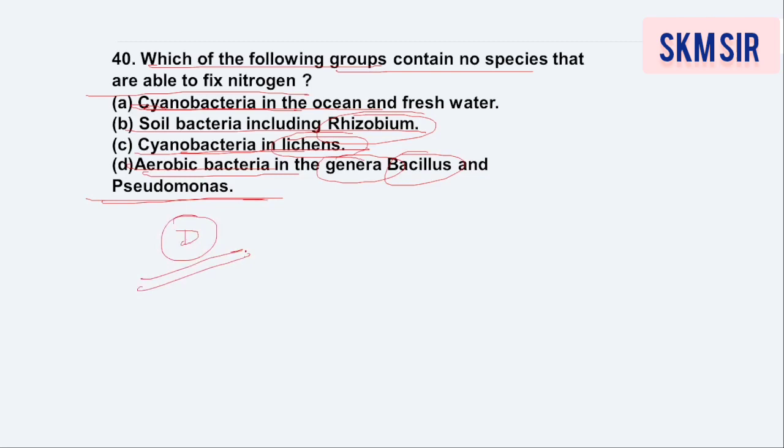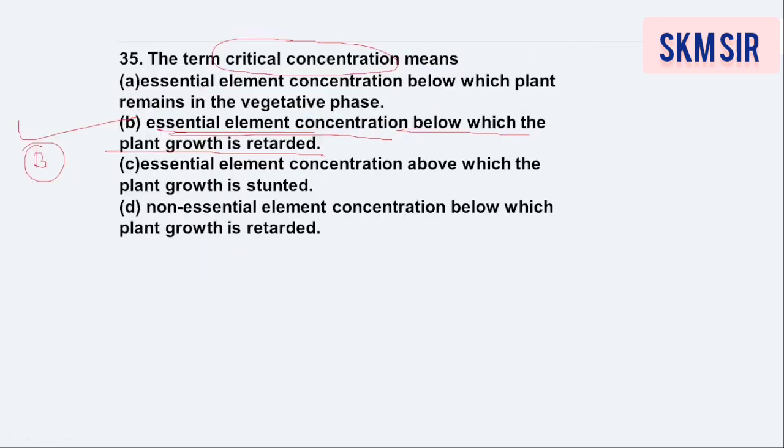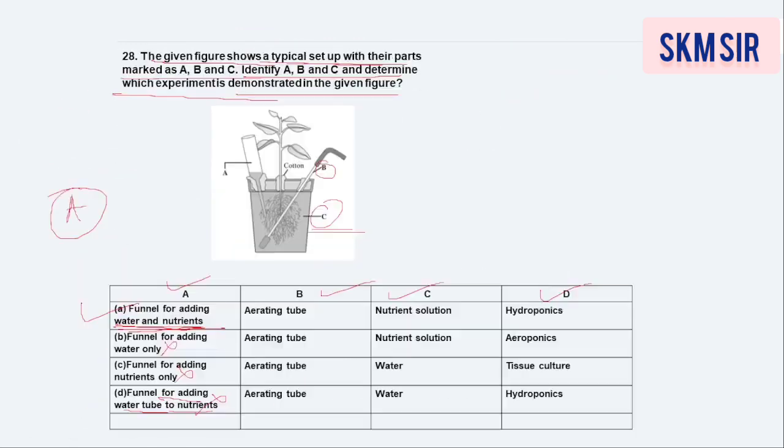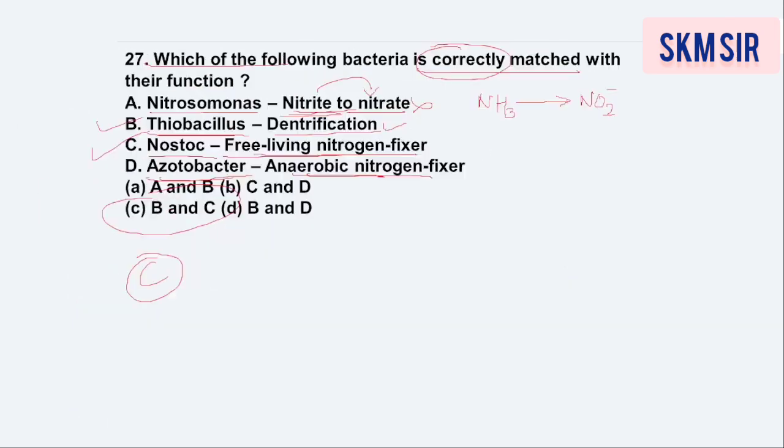Just a second, dear students. Let me check the option where I marked azotobacter. We have an option, no, azotobacter, in one of the questions. Yeah, so talking about this 27th question, what was option number D? Option number D was azotobacter as an anaerobic nitrogen fixer. Oh, so is it anaerobic or not? Okay, yes, it is not anaerobic, it is aerobic. So yes, it is correct. We have done it correctly. Okay, no worry. So this was correct.